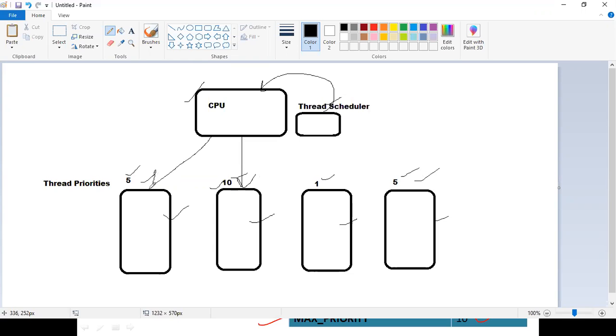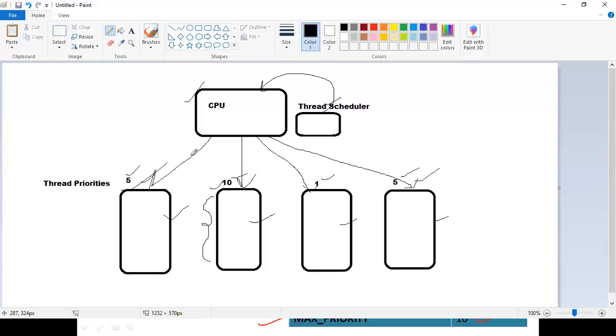Assume the first thread is selected and executed, then thread 4 will be executed by the CPU, and next thread 1 is going to be executed. And remember, in these thread executions, thread 2 is going to get more amount of time.